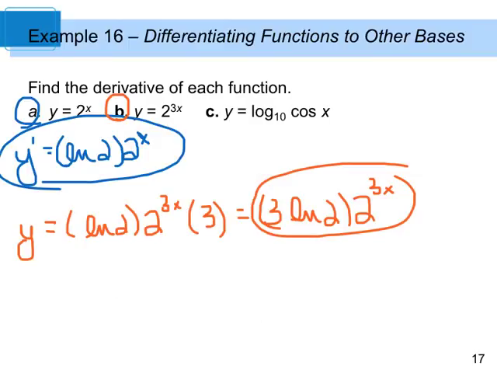Alright, last problem. This one might be tricky. This is the log base 10 of the cosine x, not times. I mean, at a glance it looks like a product rule, but it's not a product at all. Now, how do you find this? Well, I'm actually going to rewrite the formula for a second. The derivative of the log base a of x,